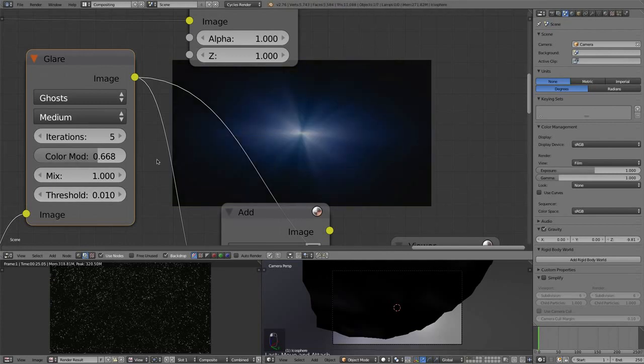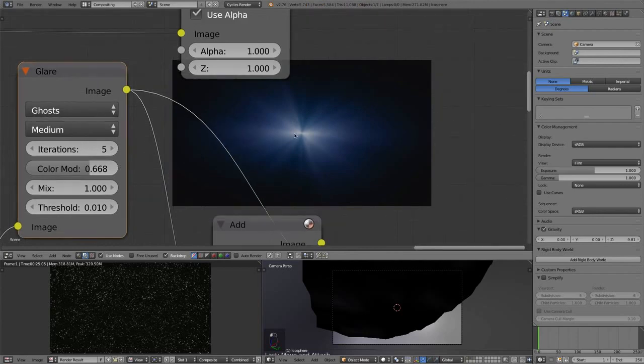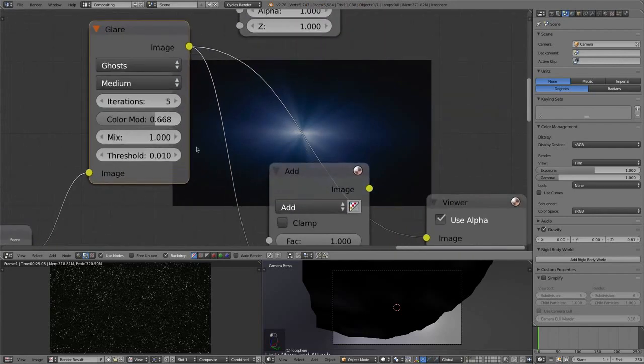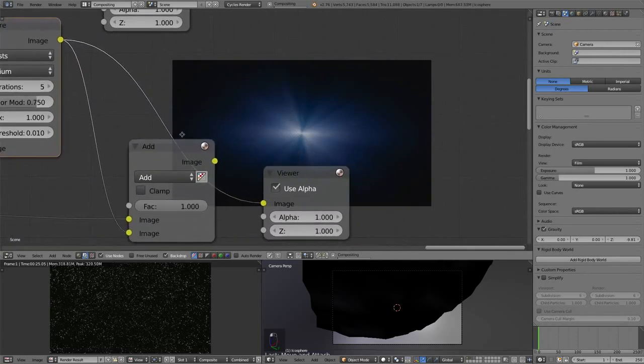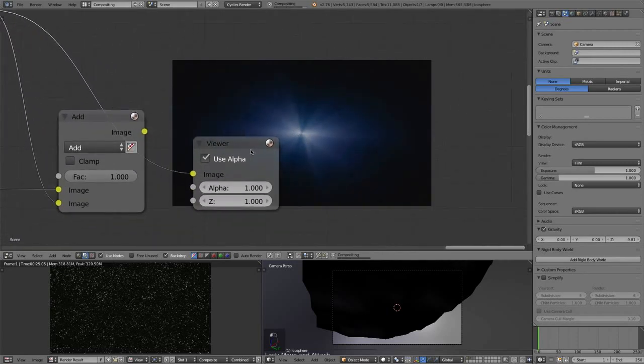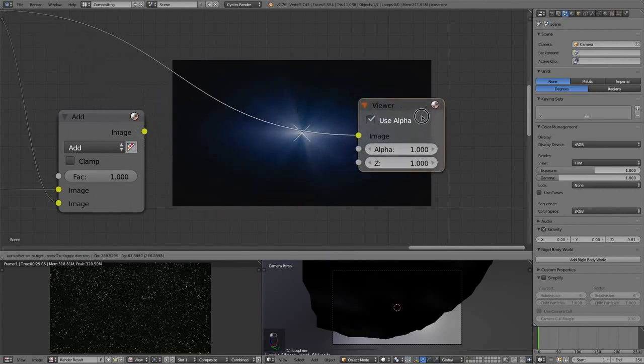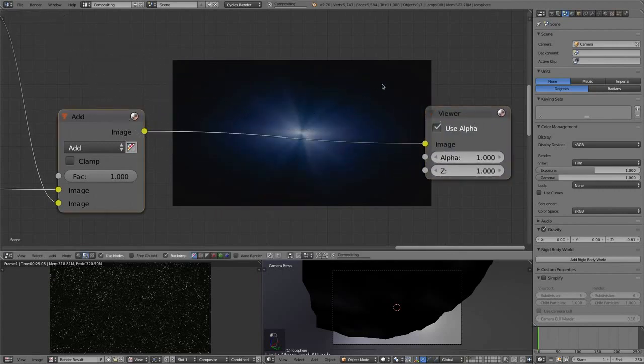Ooh, it's pretty cool. Nice. You get the star effects creating some cool glare, and I like it. So crank up the color modulation maybe just a little bit more. And if you did something like I did in my scene, adding a moon, then you'd have some glare coming across the scene this way, and it just